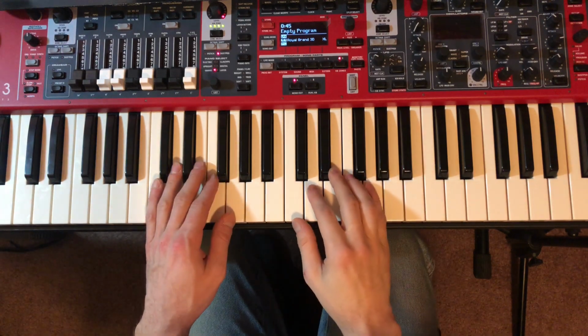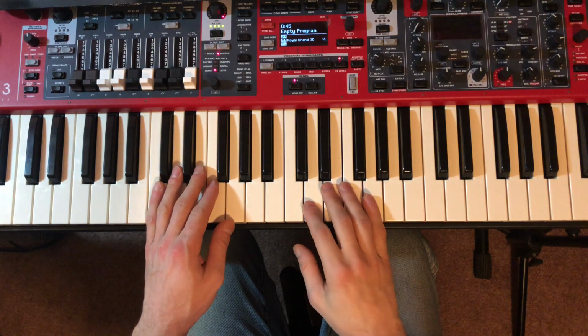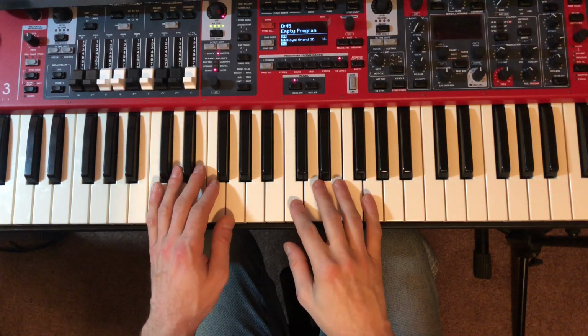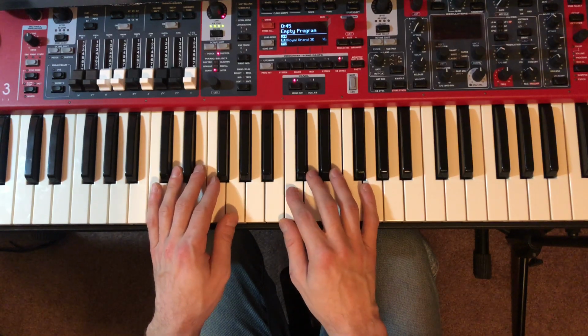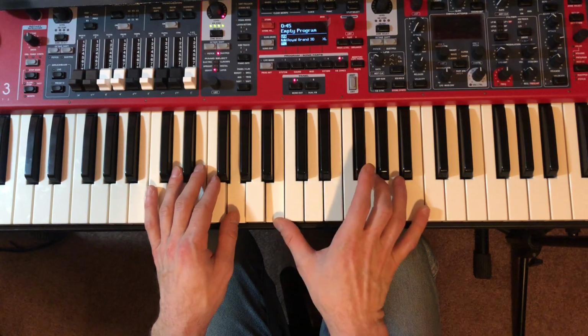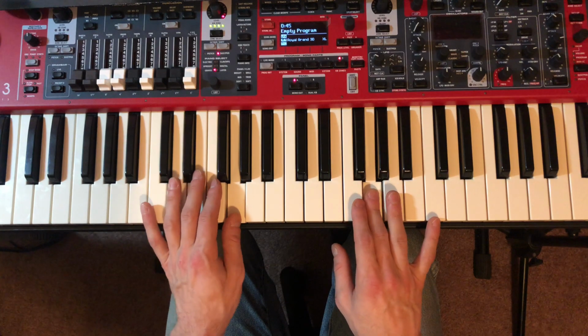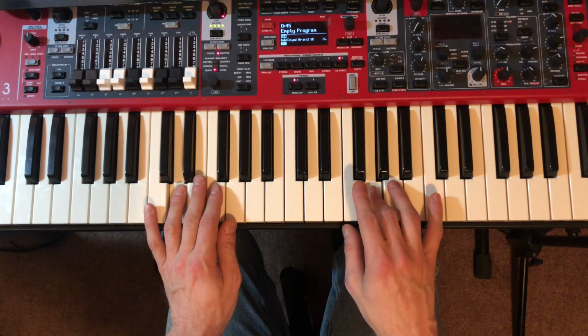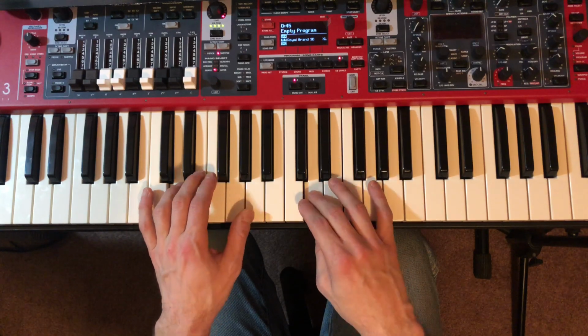One thing that's cool about suspensions is that we can keep chaining them together. So when we go from our 1 to our 5, we've turned our octave to a fourth, and then we can do it again. We can take the octave from the 5 and then make this the fourth. Resolve it, 3, then take the octave, make that the fourth,